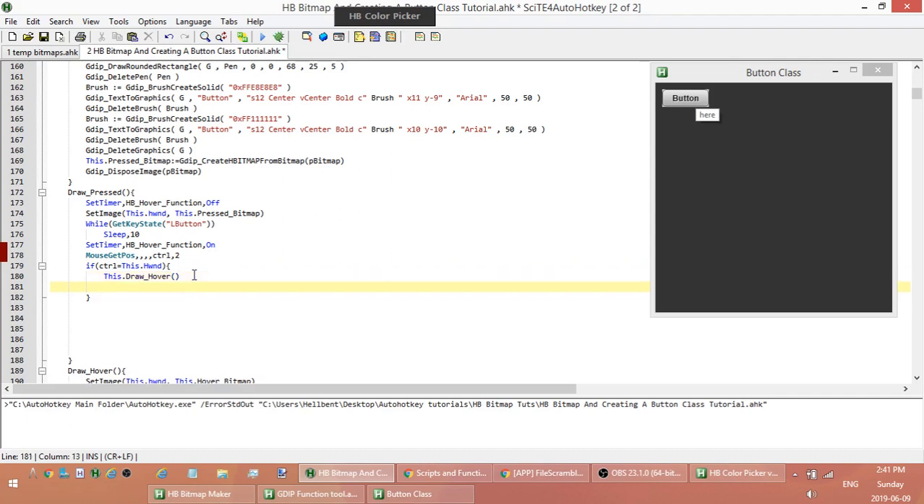I also want to check to see if I have anything in my label variable. If I do have anything in my label variable,